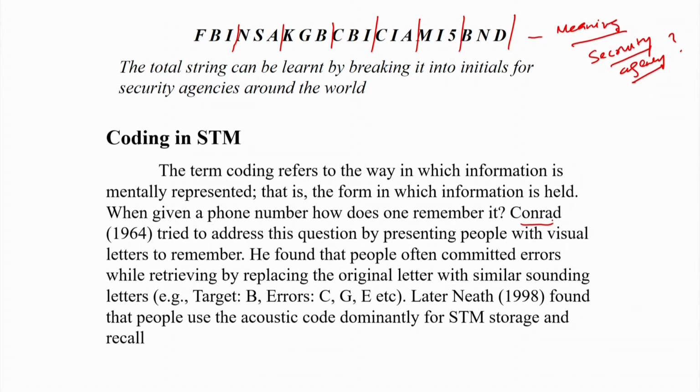Conrad, in 1964, conducted a famous experiment. He gave people a string of letters to remember, and later asked them to recall these letters. For example, K, G, C or T, B, C, that kind of thing. And what he found from the recall was that when people tried to remember these letters back,